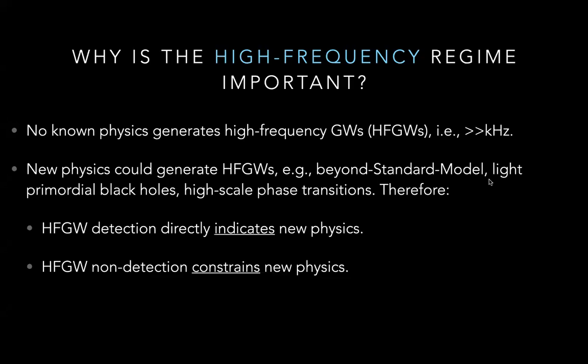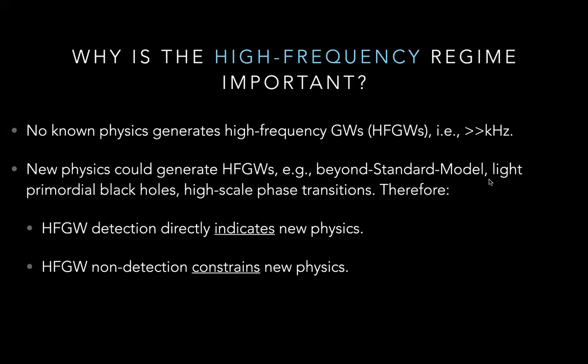For example, a lot of beyond standard model particle theories complementing the known physics in the early universe could have produced really high frequency waves: primordial black holes, if they existed and if their masses were way below one solar mass, or phase transitions similar to the QCD phase transition and the standard electroweak Higgs phase transition, also in the early universe, but at high scale, meaning really high temperature. So that has to do with whatever beyond standard model mechanism you assume. They kind of go hand in hand. But these are all examples of sources of high frequency gravitational waves.